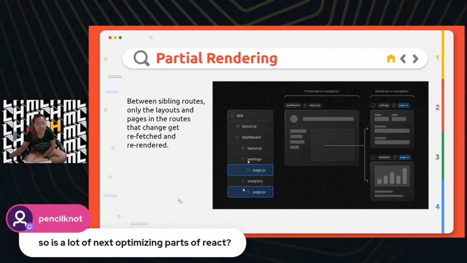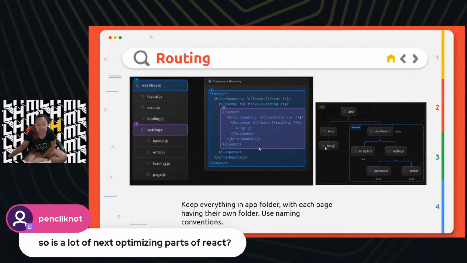For example, routing. If you use React, you may have heard of React Router, which is a separate library that just does routing, which you have to manually install each time you have multiple pages. But with Next, the fact that you're naming your folders a certain way is already your router. So for example, in here, if we go a page back, in all of app, app contains my entire application.